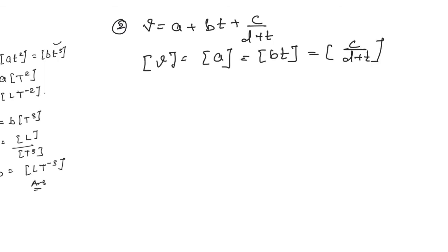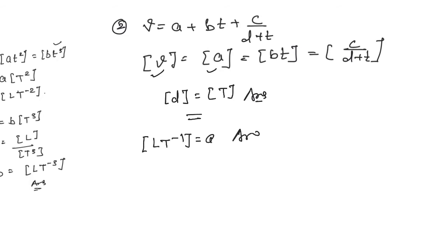अब क्लास इक्वेशन में चेक करो, क्या कहीं और भी एडिशन हो रहा है, यहाँ डिनोमिनेटर में हो रहा है सम. And again we can use the principle of homogeneity, that we can add same dimensions and subtract same dimensions. Now you will notice one thing, d plus t. If t is time, d has to be time. D must be time. So the dimensions of d are time. So one answer we get. If you compare v with a, what is velocity? LT minus 1 equals a. One more answer.